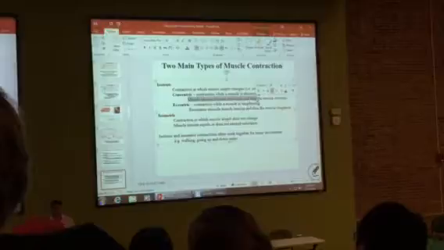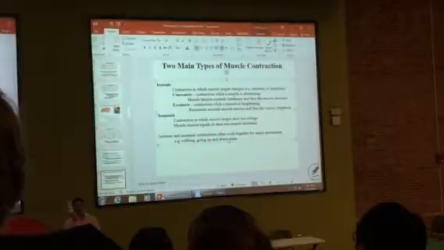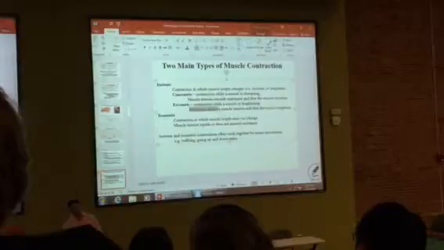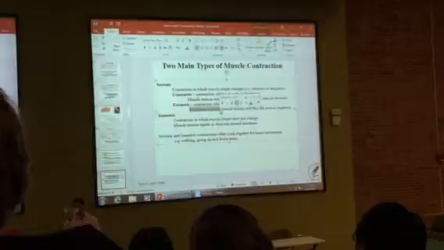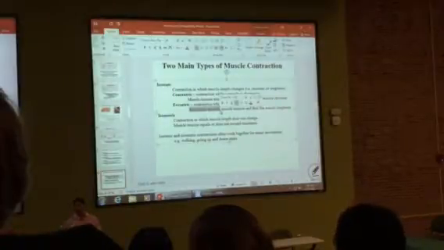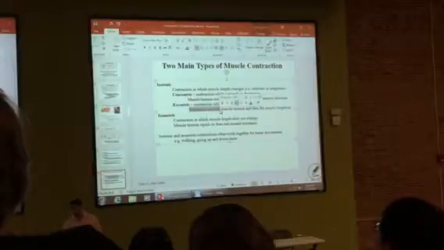All right? So with the concentric contraction, muscle tension exceeds resistance. What's the resistance in this case? The water bottle is the resistance. Okay? And when the tension in the muscle is less than the resistance. So this was a concentric contraction. 2 pounds of tension in my bicep. Now, in order for me to move it in this direction, I need to have less than 1 pound of tension in my bicep. All right, if I want to move it back to where it was.